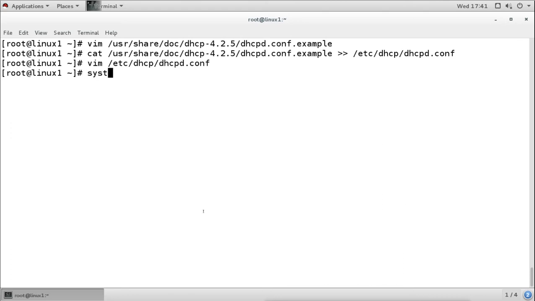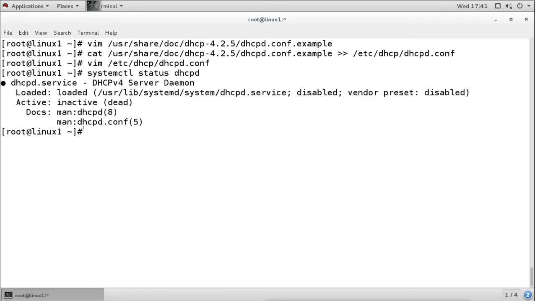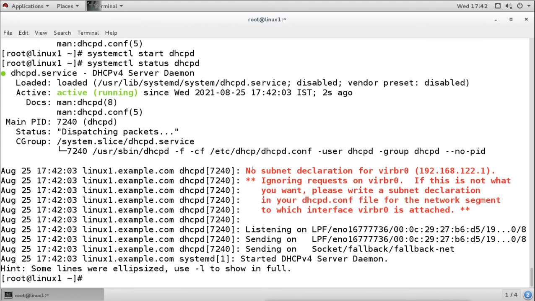For starting the server, we will make sure the service is running, and the service is DHCPD. Now the service is saying that it is inactive, so it is not running, and by default it is also disabled. So we will start the service. Then we will check the status and it says that the service is started. Now the service is running, but it is still disabled, because it is disabled by default. So when the server reboots, it will go back to disabled.